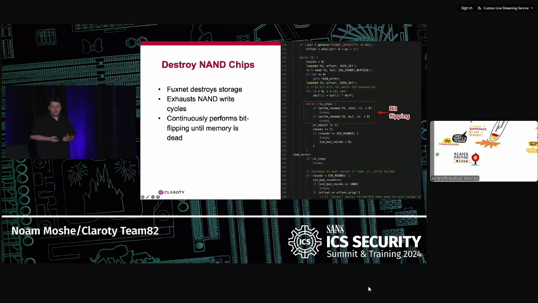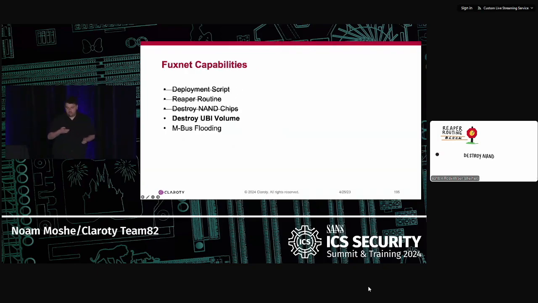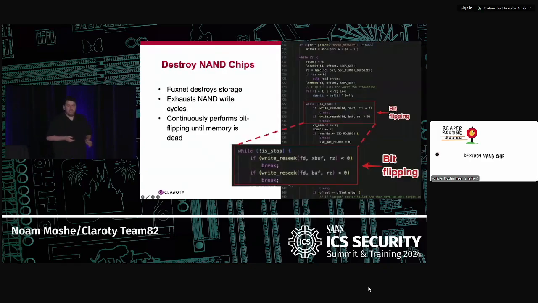How did they do that? Well, that's pretty simple. All they did was NAND exhaustion, meaning they read everything on the NAND chip, which stores all the data for the sensor's gateway, and they did something called bit flipping. Bit flipping basically constantly flips bits from 1 to 0 and from 0 to 1. And they did it constantly until the NAND flash is destroyed, basically exhausted, meaning it is no longer able to store and read data from it, making this device basically electronic garbage.